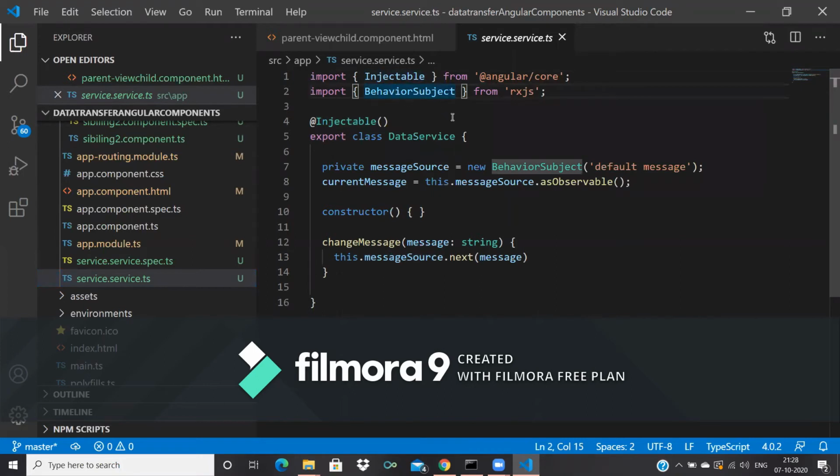We want both of these. I have mentioned message source as a variable, and I have initialized it as a new BehaviorSubject, and by default this value is default message. Again, this has a default message from service.